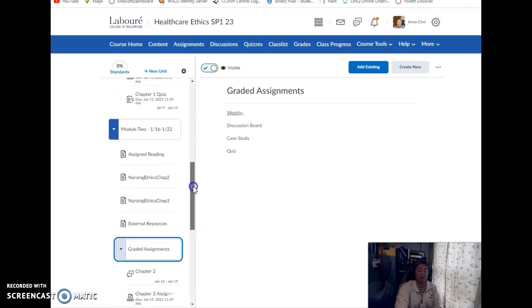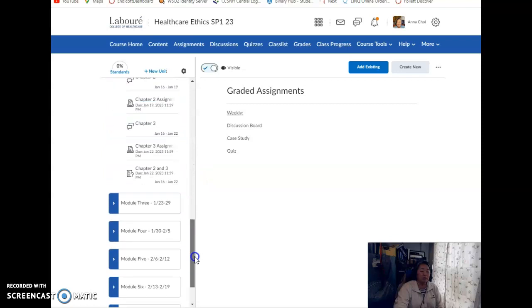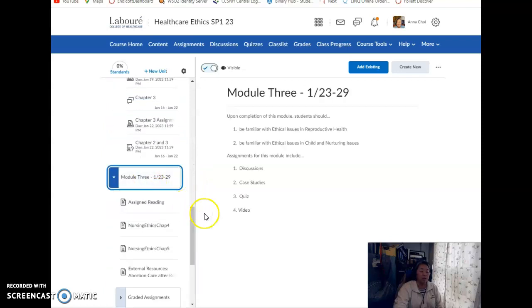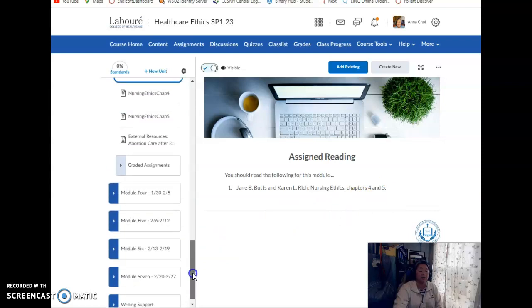You might notice that module 1 doesn't have as much, it's only one chapter. That's because people are still registering, some people are coming in late to the class, some people don't have their textbook yet. So the first week of the class is pretty low in terms of assignments, but once you go into module 2 or even module 3, you'll notice that you're going to have to do a lot more. So, assigned readings, you're going to have to read 2 chapters per week. So keep in mind, there's a lot of stuff you need to do per week because it's only a 7-week class.